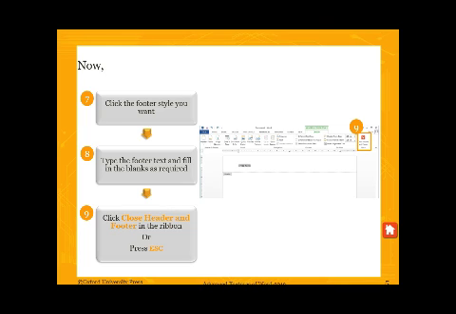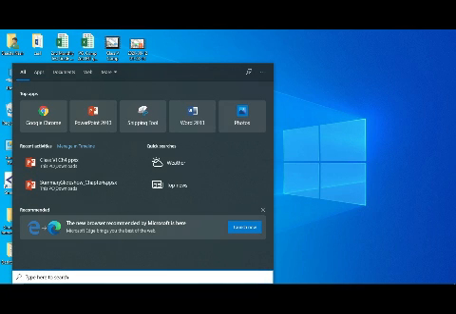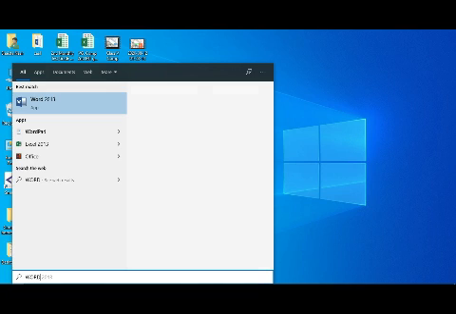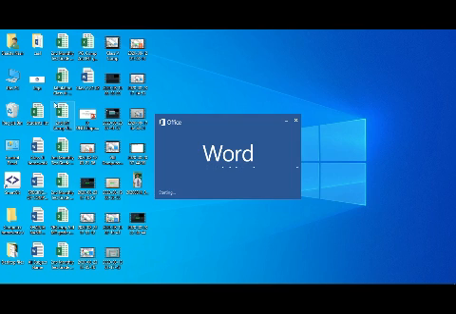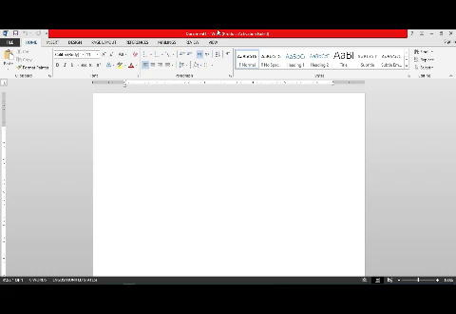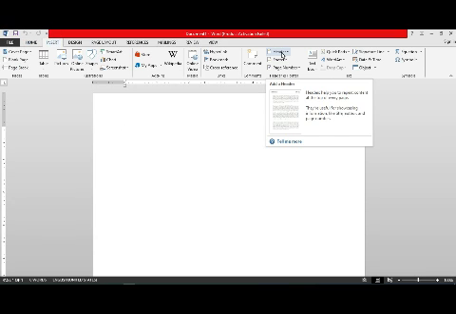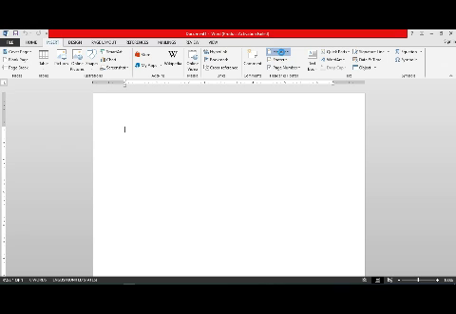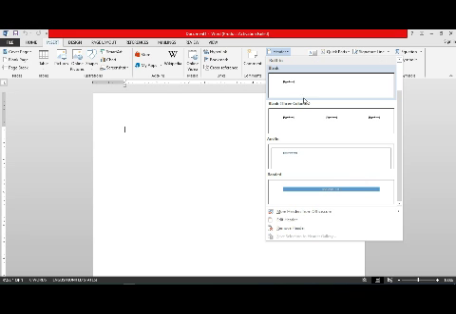Now let's practice. First, type MS Word in the search bar. Click on blank document. Click the Insert tab. Click Header in the Header and Footer group. You will see the header gallery with different header designs.